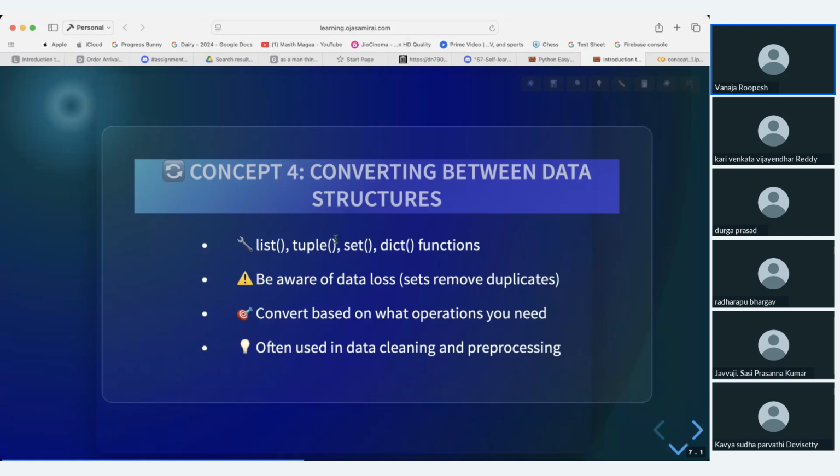For example, if you are converting a list into a set, do you see any loss of the data? Guys, can you tell me? If you are converting a list into a set, any possibility of loss of data? No, Sai, you said no, but there is a loss, because in the list, if you have duplicates,